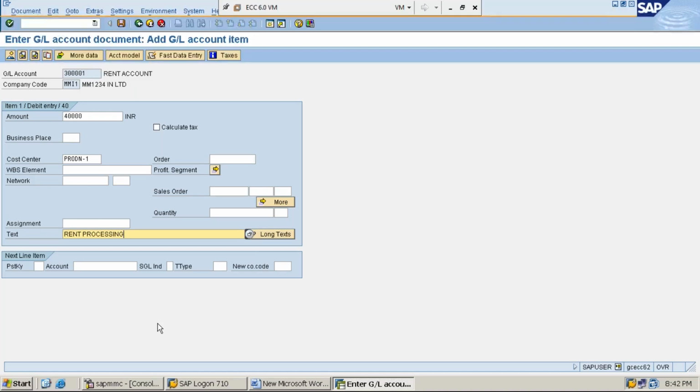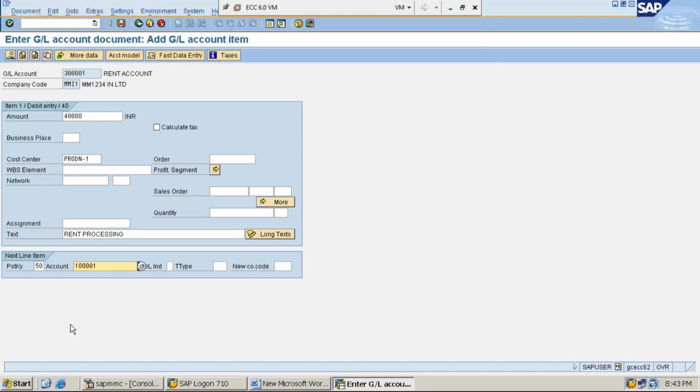To which cost center we are processing? Production 1. As we are processing rent expenses to production 1, the same rent expenses also should get processed in profit center accounting, correct? Yeah. Okay, that we won't see right now, we will ensure that in next step. So production 1 rent processing, posting key 50,